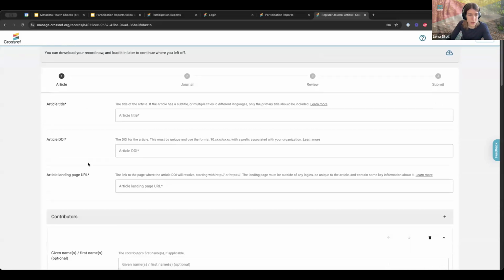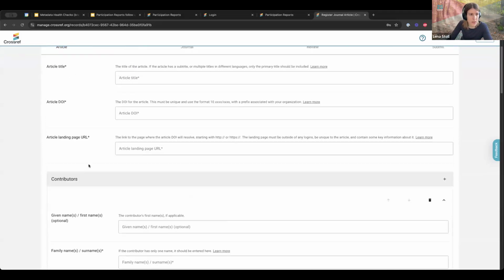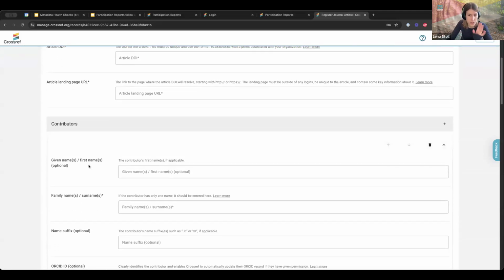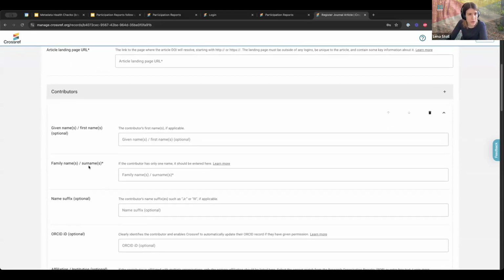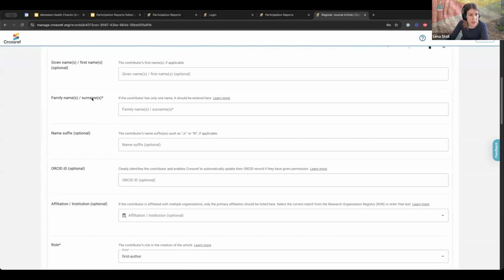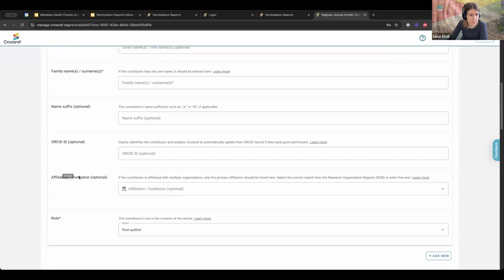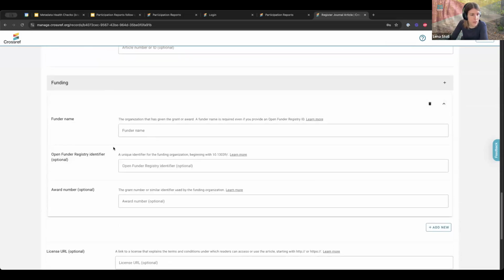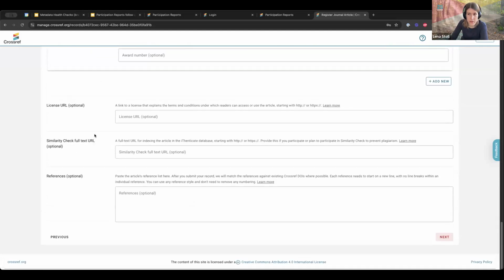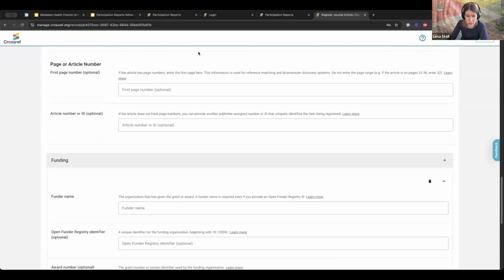So if I scroll through this first article page, and you can also do this yourselves at the link that was shared if you have a Crossref login, you will recognize a lot of the fields that we've already been talking about today in the context of participation reports. ORCID IDs, abstracts, funding metadata. So a very rich selection of fields available here.